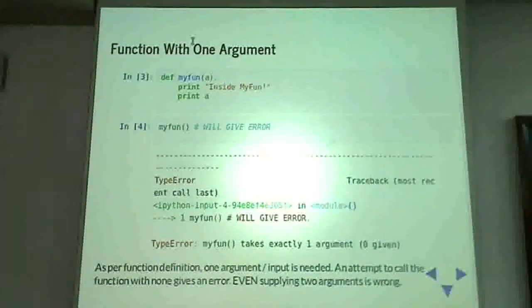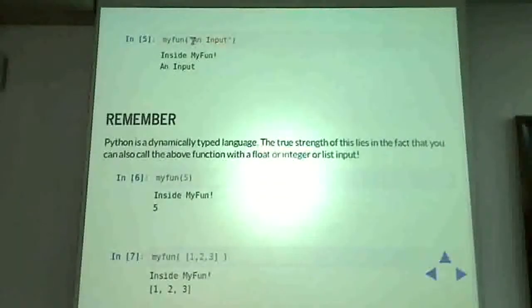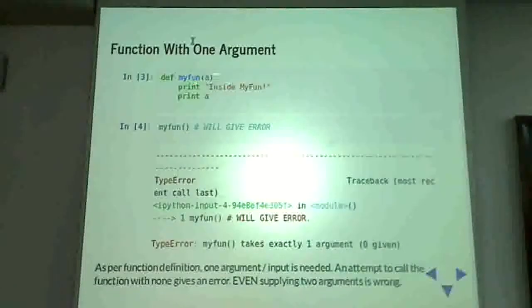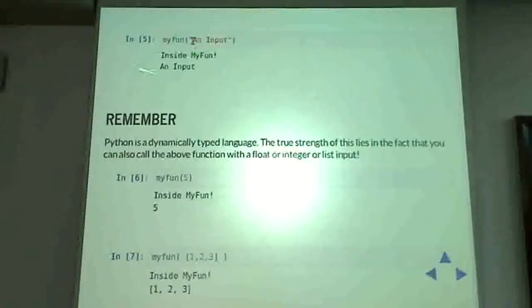So if you try supplying anything other than 1, it should give the same error. So the way I need to call this function is by supplying an input to it. So this time I am supplying a string called an input. So a becomes an input. So if we go back to the function definition, a becomes an input, and print a causes an input to be displayed.